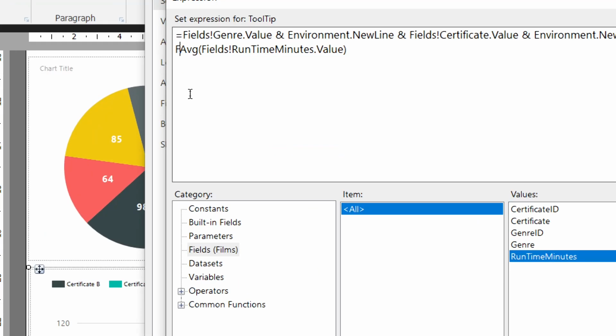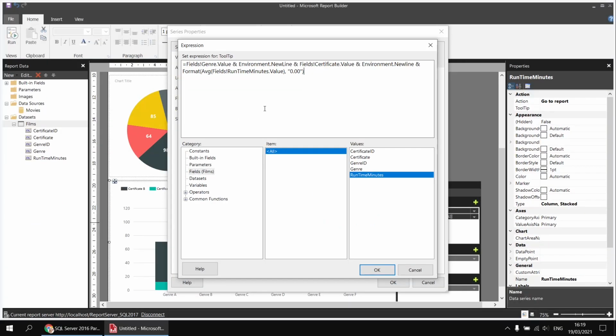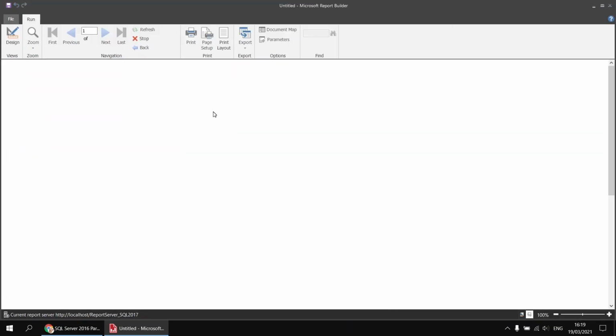There we go. So I can say format, open some round brackets, AVG, fields runtime minutes value, comma, and then in some double quotes, type in 0.00 and close the extra set of round brackets. So the entire expression looks like this. Having done that, I'm going to zoom out and click OK and OK again, run the report, and then when